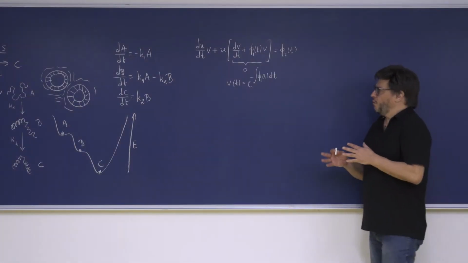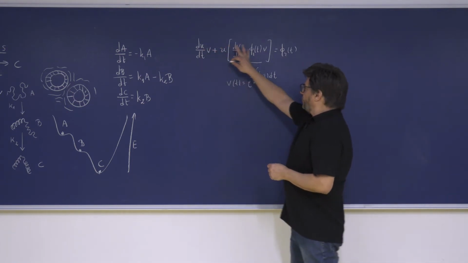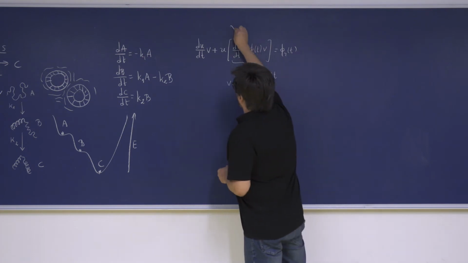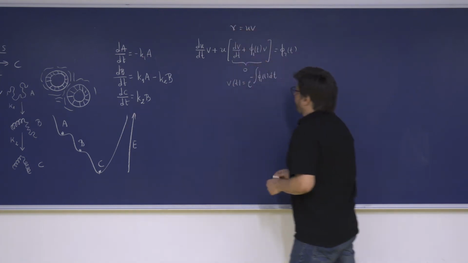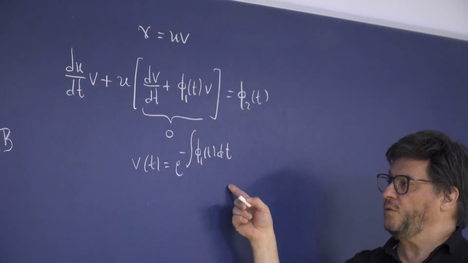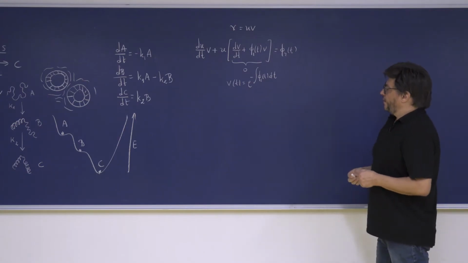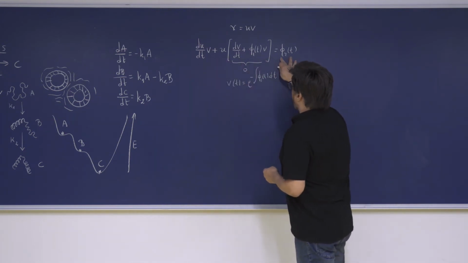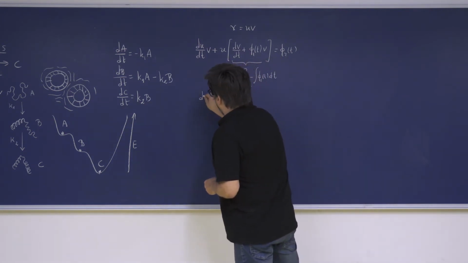So we are almost there. This is the form that we just derived from the condition that we imposed about x being the product of two functions. We have imposed that this quantity is 0 and found v. And now, since we imposed this condition, you can see that there's a remaining differential equation that I need to solve,